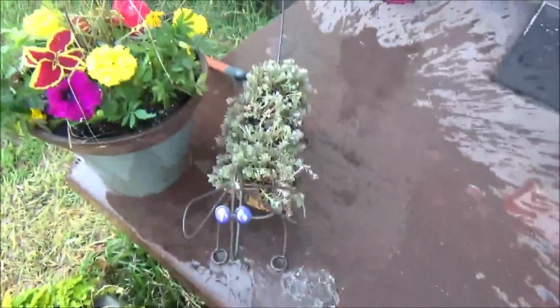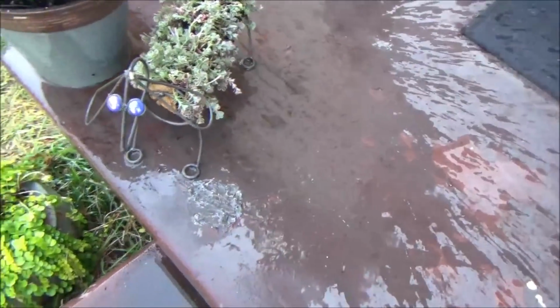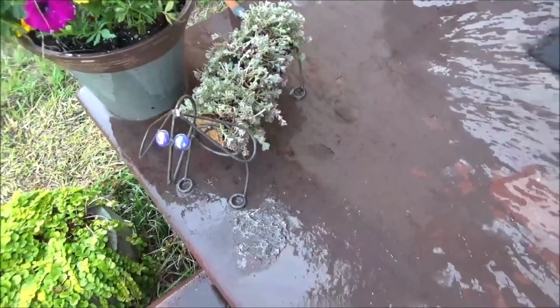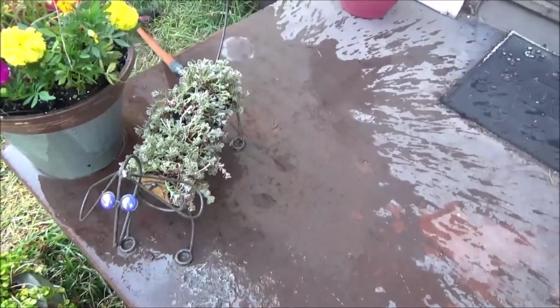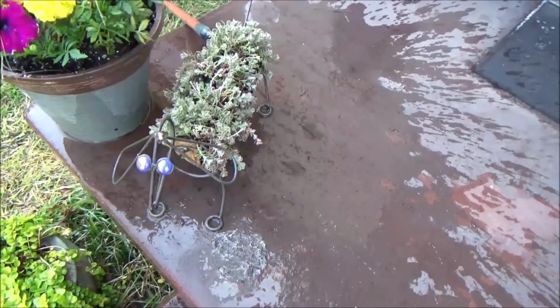Here is my little Winnie dog planter. He is so cute. I can't believe how cute he is. The porch is all wet, I'm sorry. And I'm in the process of repainting it. But I think it turned out adorable. I can't wait for it to start growing and filling out. But anyway,